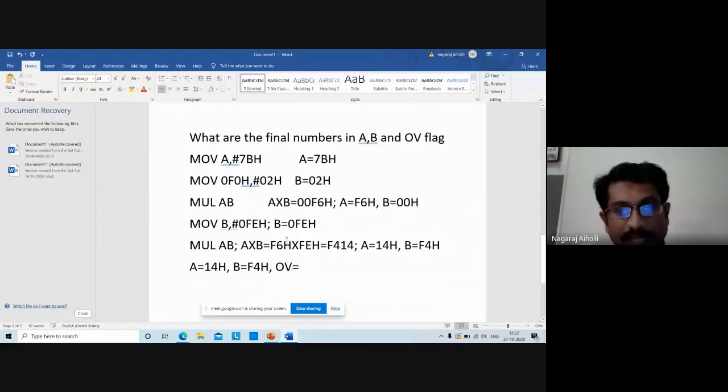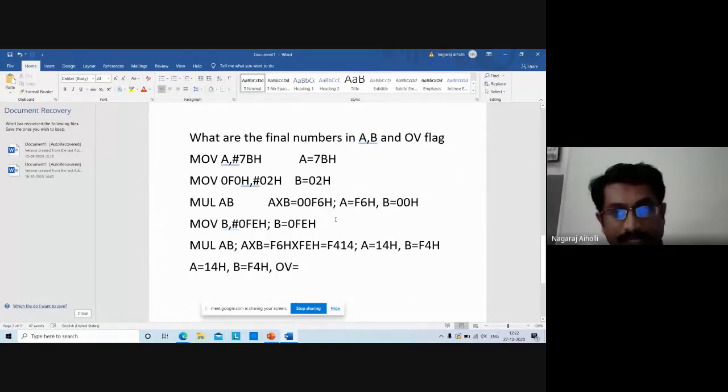The concept is, if after multiplying the value in A with the value in B, the result of the multiplication exceeds FFH, then the overflow flag will be set. Here, the first time when you multiply 7B into 02, it is F6. It is not more than FF, so the overflow flag was 0 there.